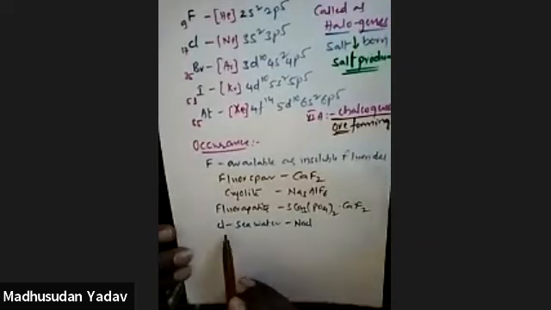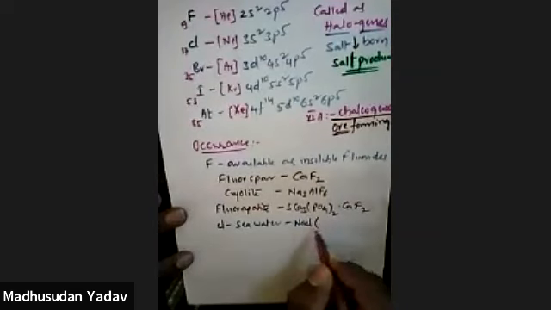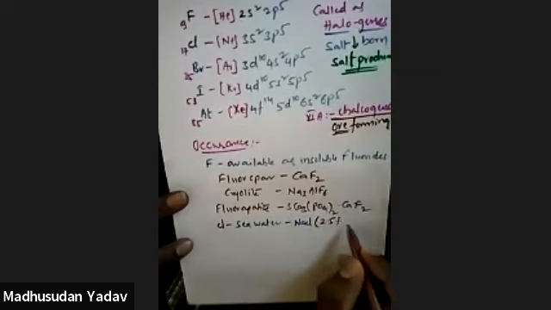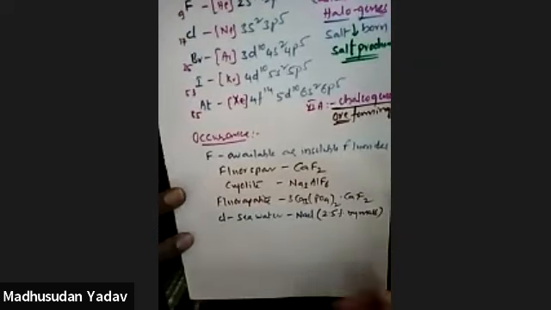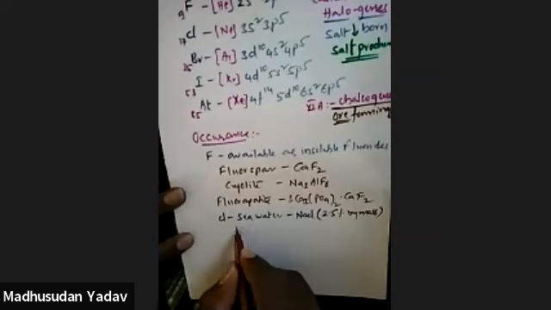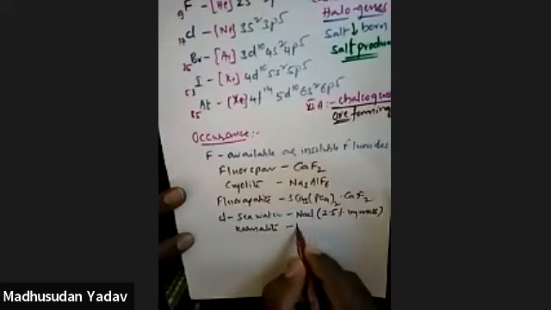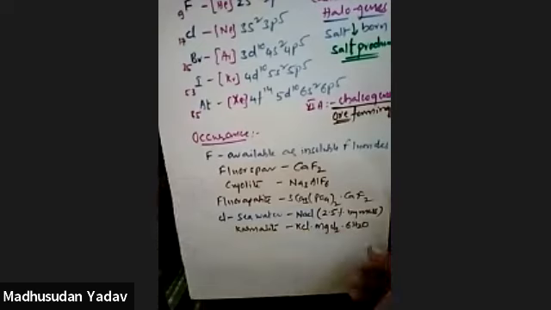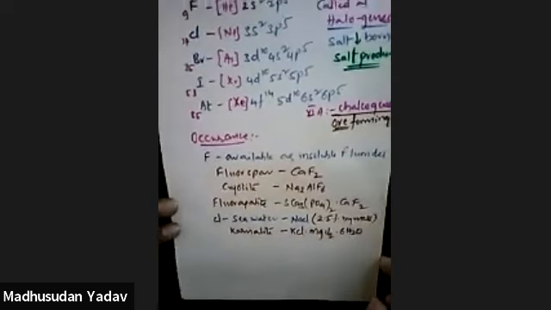So here, chlorine is mainly available in seawater in the form of sodium chloride. This seawater is very salty. The reason is sodium chloride is present at almost 2.5% by mass in the seawater. And chlorine is also available in carnallite. It's an important ore called carnallite: KCl, MgCl2, 6 moles of water.